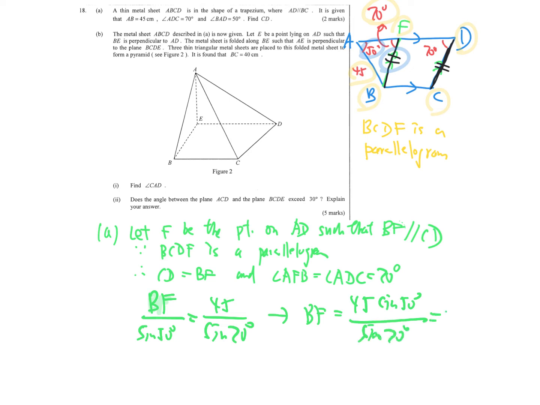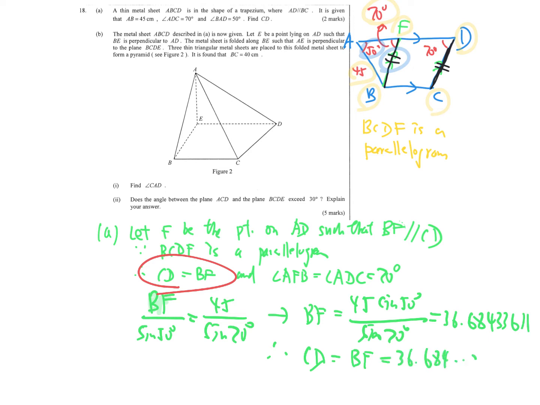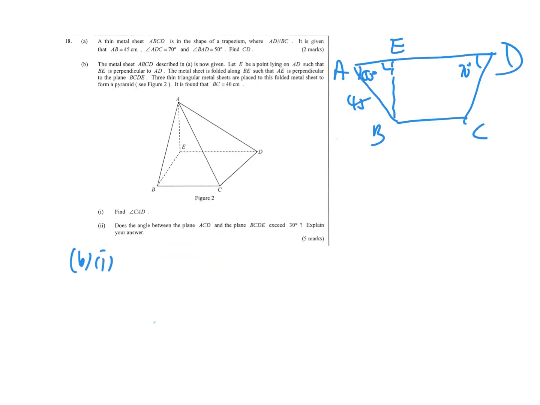so it becomes 36.68433611. All right, since CD is equal to BF, as a result, CD is equal to BF, equal to 36.684 something, approximately 36.7. Okay, so this is the answer for part A. Okay, for B1,